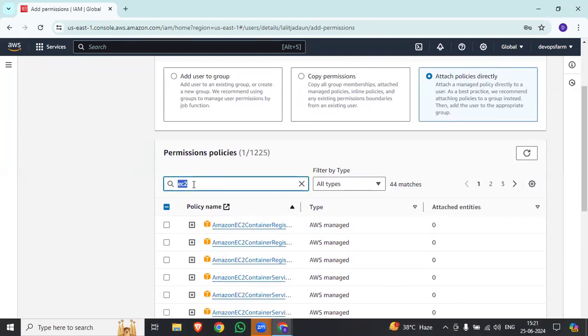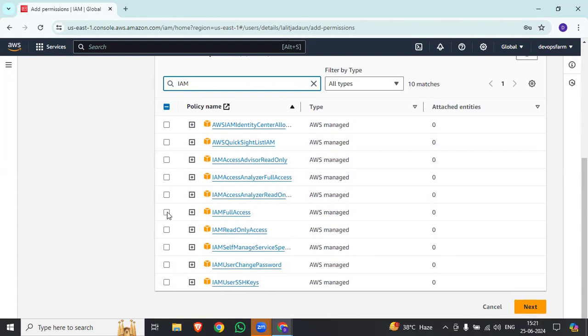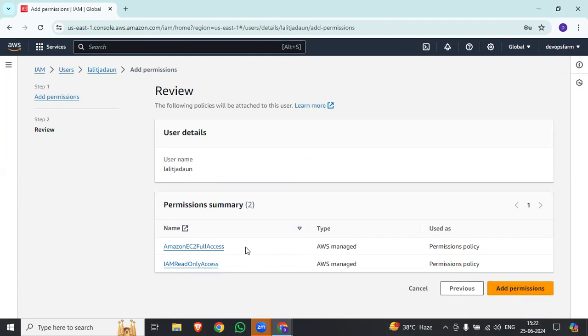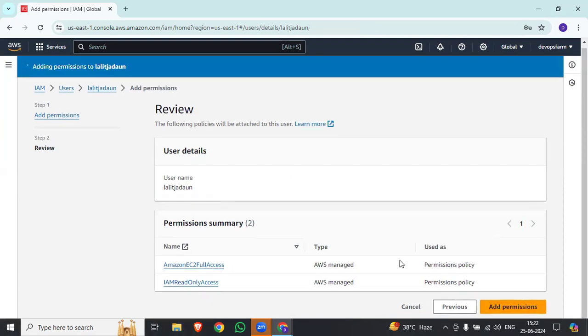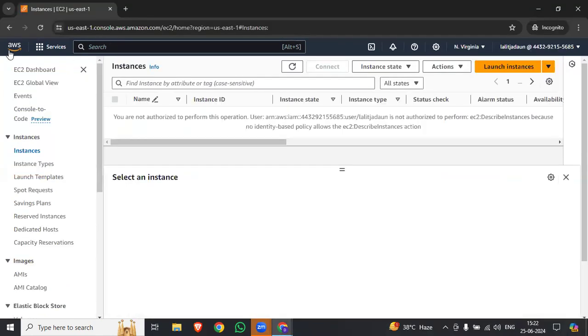Okay, and one is for IAM. IAM we can't create full access, so it is only for read only. So we added just EC2 for full access and IAM for read only access. Add permission, policy added to this user. Okay, so go to the user,